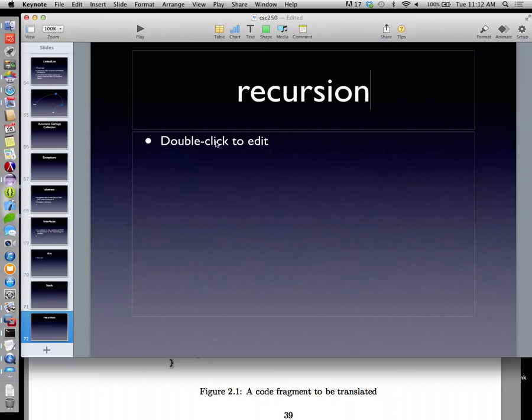What is recursion? Go ahead. Calling the method that you're in inside the method. Okay. When a method calls itself. Recursion is when a method calls itself. Good example of recursion